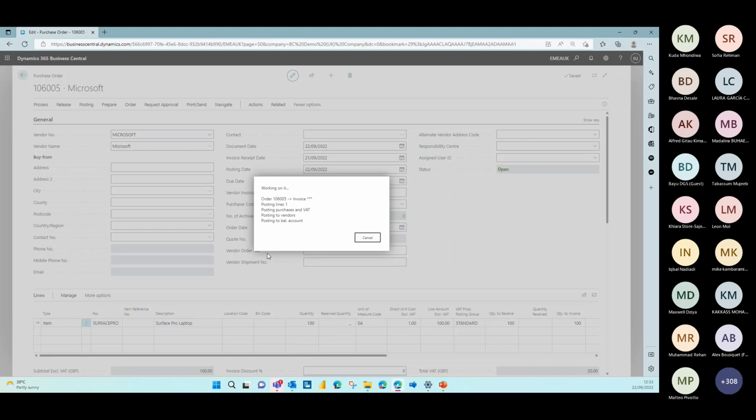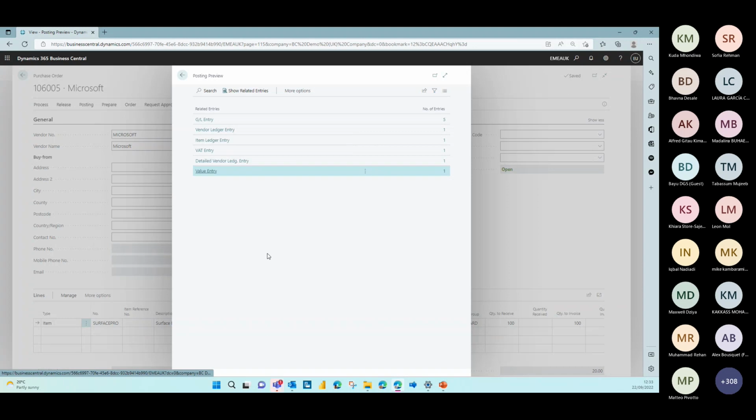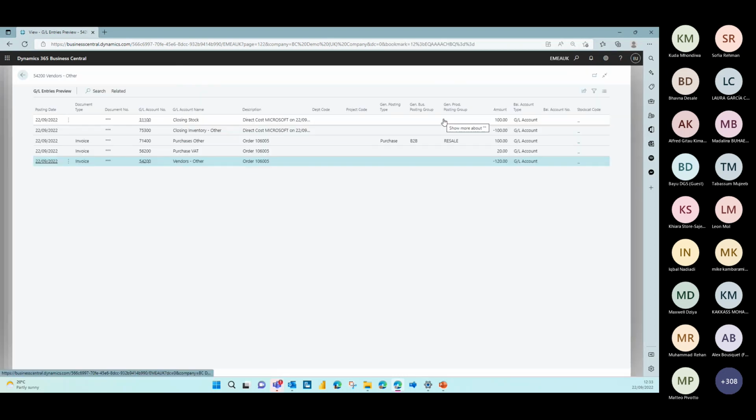Because, you know, sometimes, even after 30 years of my life teaching debits and credits, I still like to double check. So you can see here with preview posting, it has actually posted the transaction to the subledger, the supplier, the item, and the VAT subledger, but it's also, because of the posting setup, posted to the